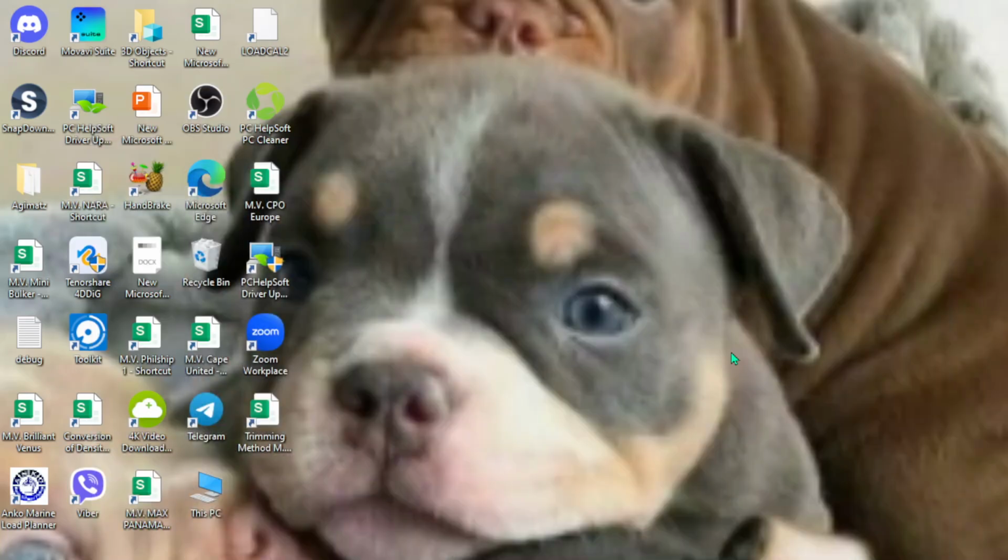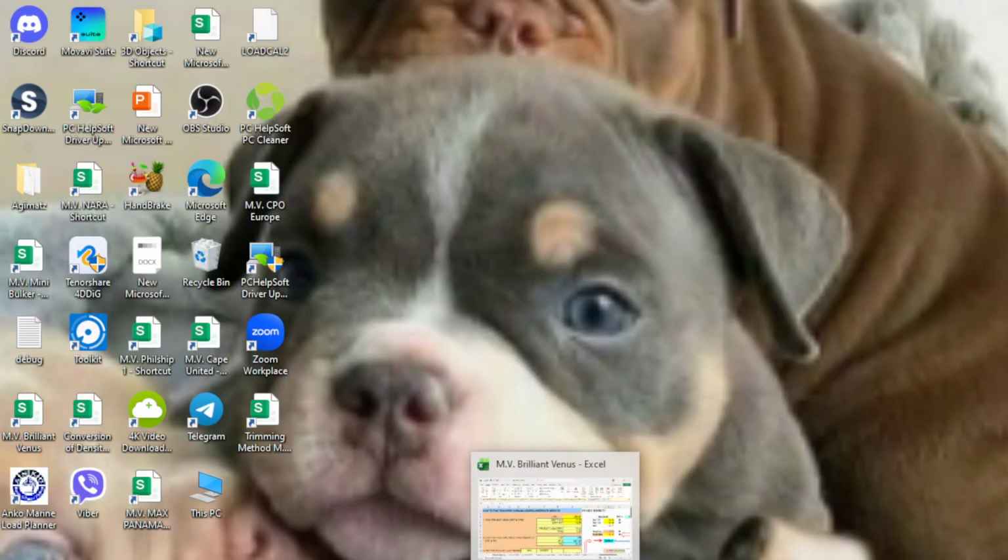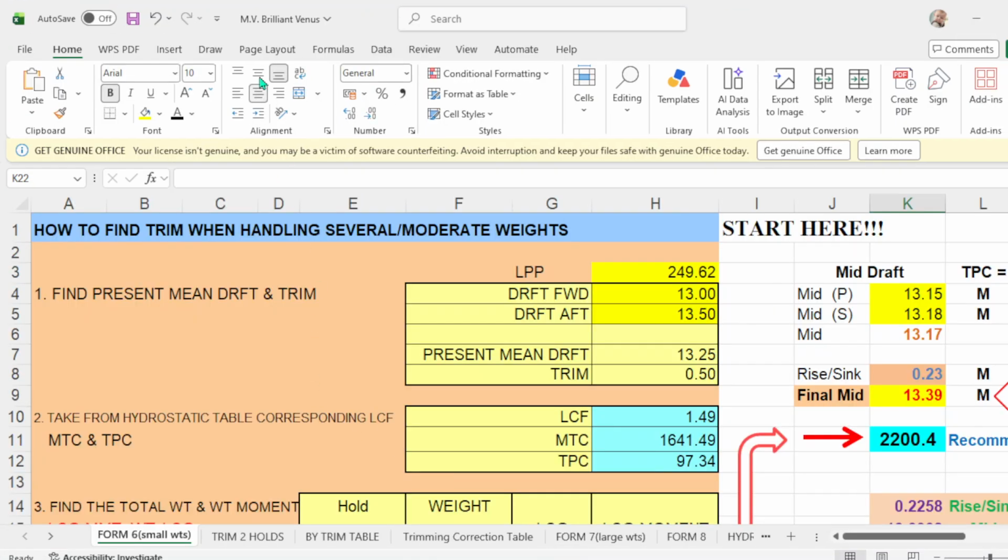So let's start, guys. This is now the program of the vessel Brilliant Venus. Start with form number 6.